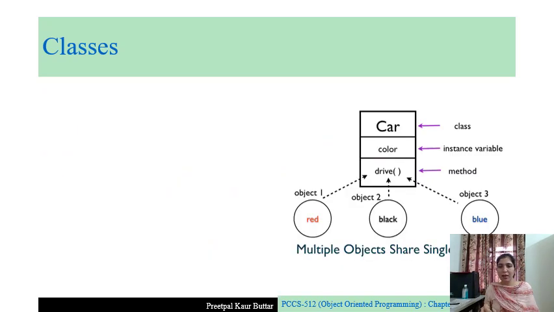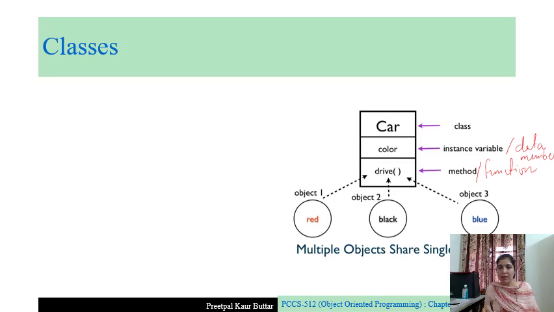Here is an example. You have a car class. A class is actually a blueprint. It defines what data will be there in the object and what methods will be there in the object. Methods are also known as functions. Okay. So this car class contains a variable also known as data member, as we discussed in the previous video. This is a data member or instance variable, color, and it has a function drive.